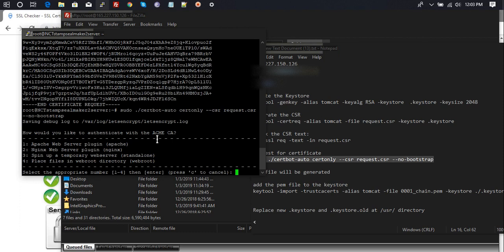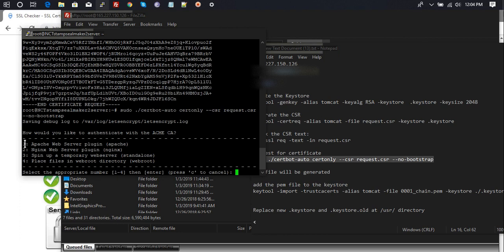So the response was, we'll have to verify that it is our server and we are making a legal request to Let's Encrypt to make a new certificate. So they have provided us a couple of ways